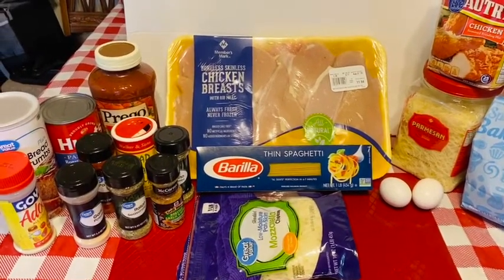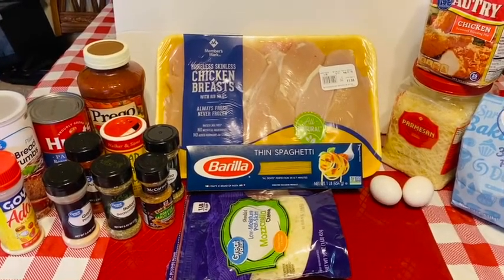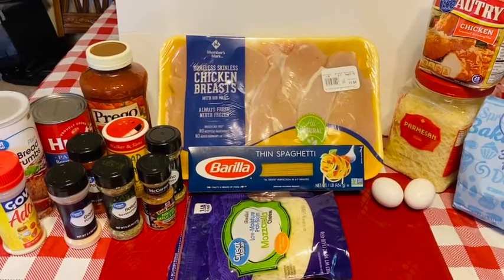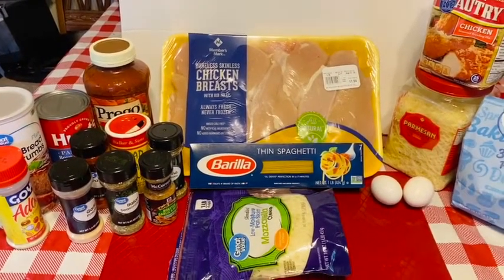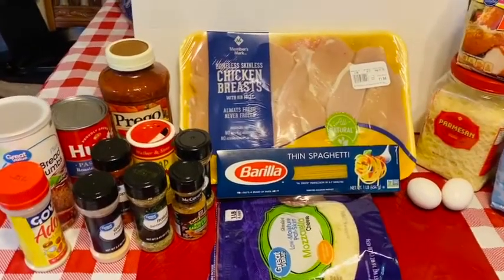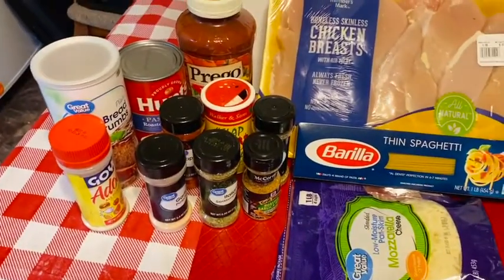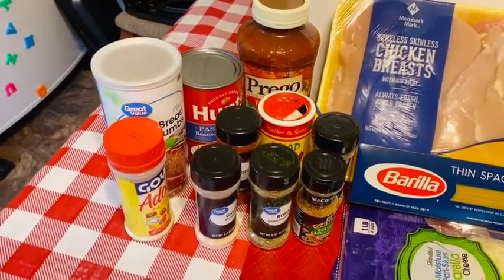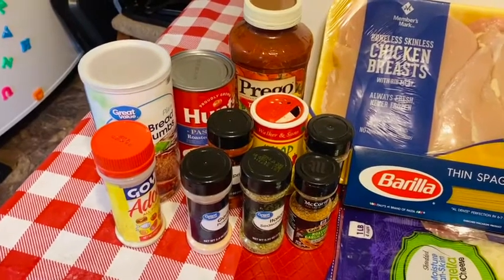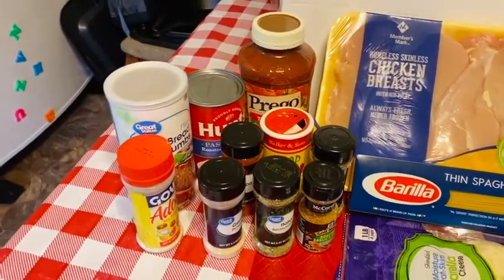And when I do make my own sauce, I always use two different brands of spaghetti sauce just to give it a different flavor. And I also add a lot of my own ingredients to spice it up. So for my seasonings to go with that spaghetti sauce, I have adobo seasoning, my garlic powder, my Italian seasoning, my roasted garlic and herbs, my oregano. I'm also going to add some Slap Your Mama